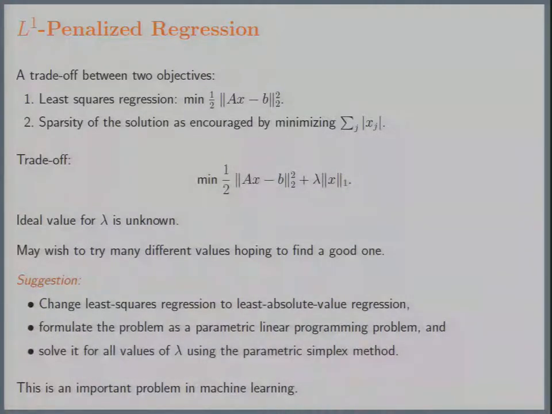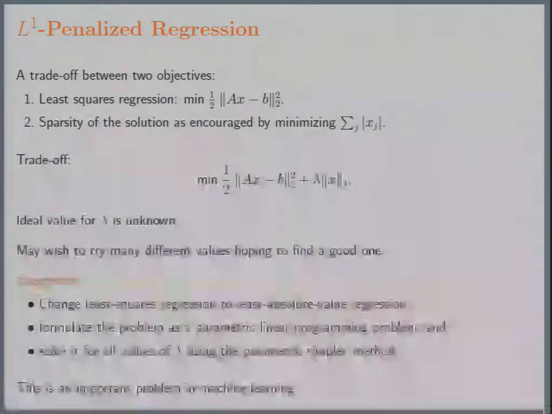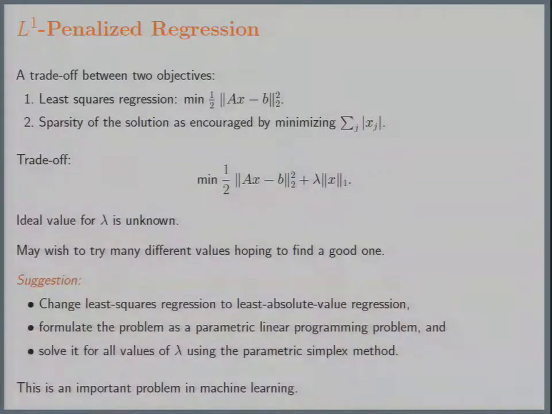And so you have these 2 competing objectives, and one of the standard things to do is to introduce a parameter, which we'll call lambda, and take a weighted average, if you like, or linear combination, I guess in this case, of these 2 objectives, and minimize the weighted average. Now, of course, you don't really know what the right value for lambda is. And this is what always catches my eye whenever I hear statisticians or machine learning people talk about this class of problems: you don't know what lambda is,